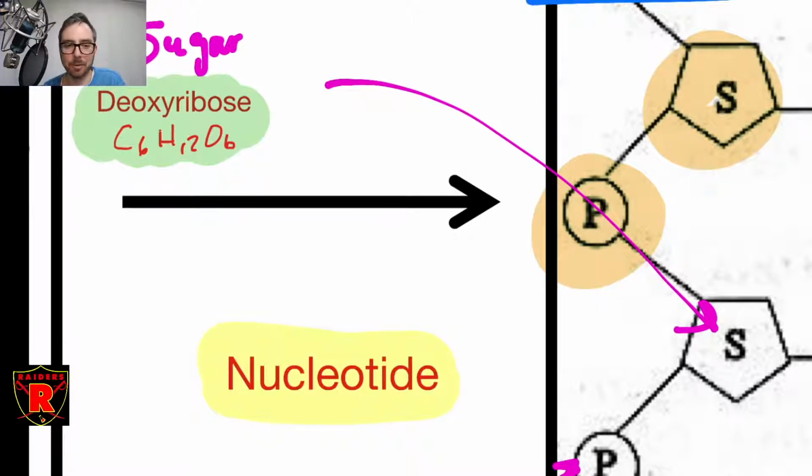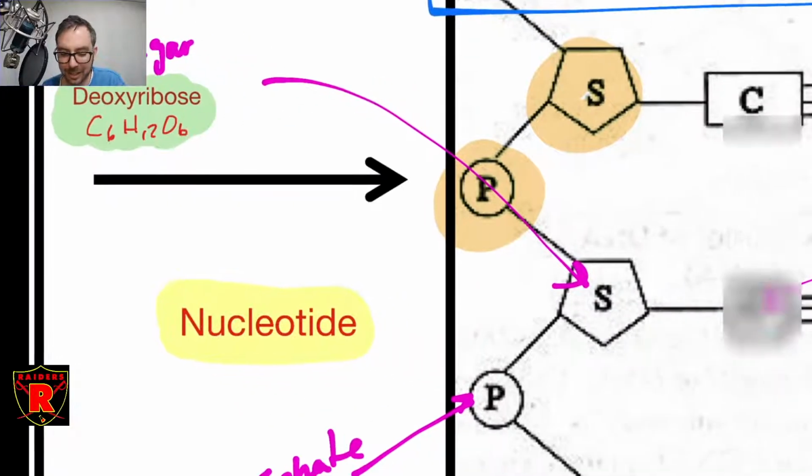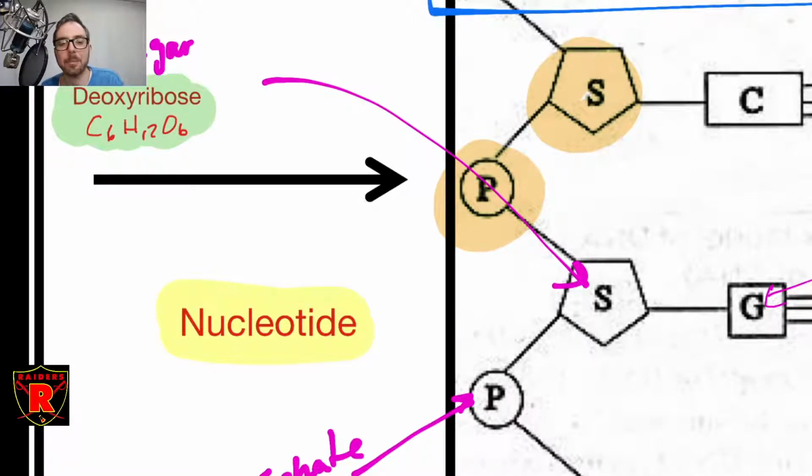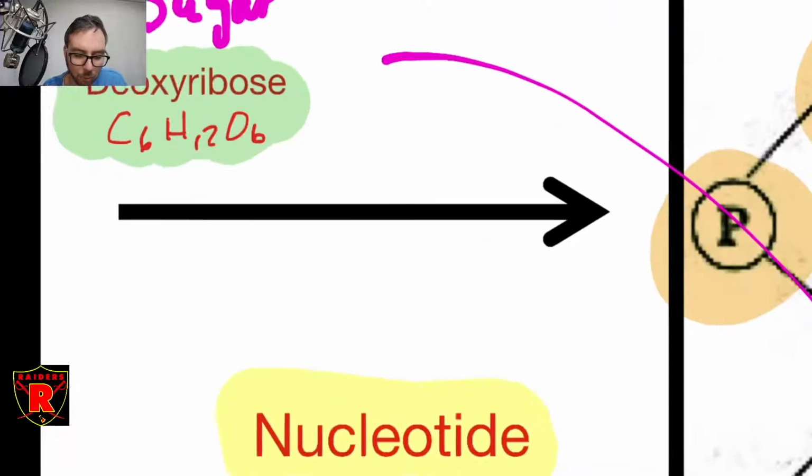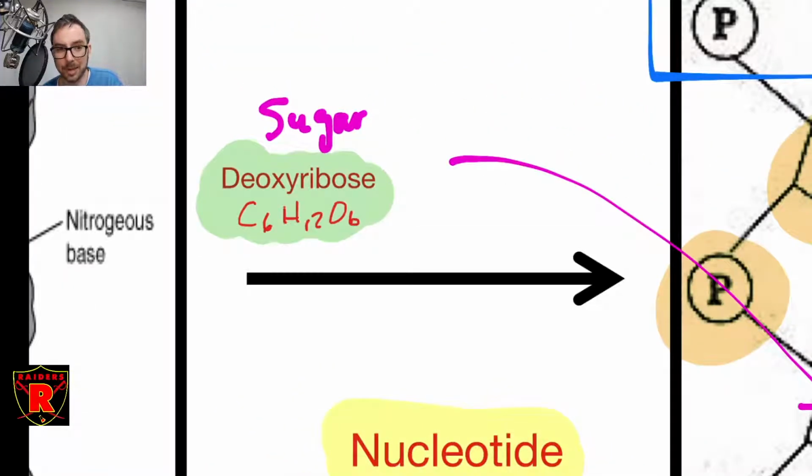The other type of ribose sugar is called just ribose. It's not called deoxyribose. And that's what RNA is made out of. So RNA is a lot like DNA. It has a sugar and a phosphate and a sugar and a phosphate down the backbone. But instead of having deoxyribose for every sugar, it just has ribose for every sugar. But you'll notice that the actual formula here for this deoxyribose is the same as glucose, which is just like table sugar, right? C6H12O6. It's a sugar, so it does have the same chemical composition. It just has a different arrangement of the hydrogens and oxygens.